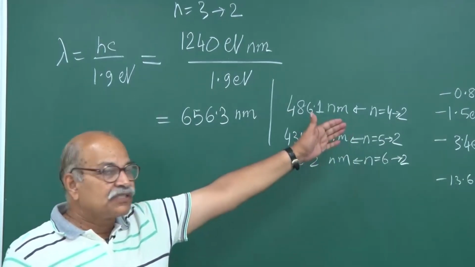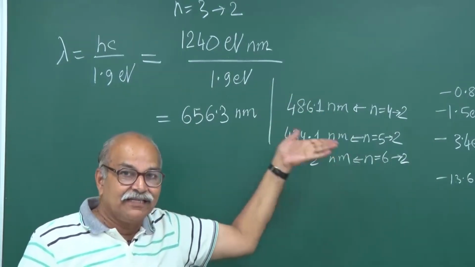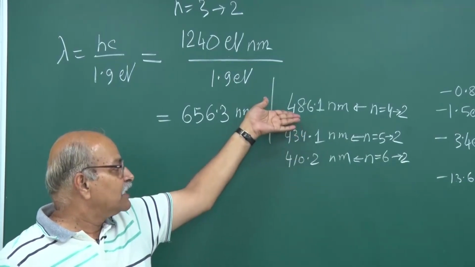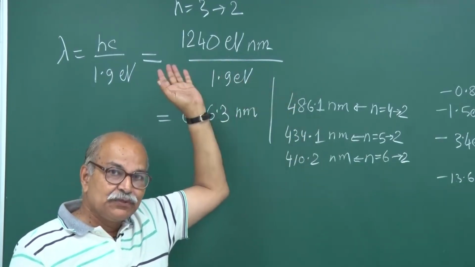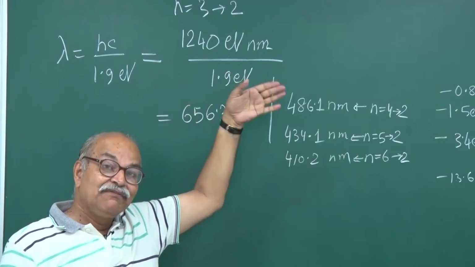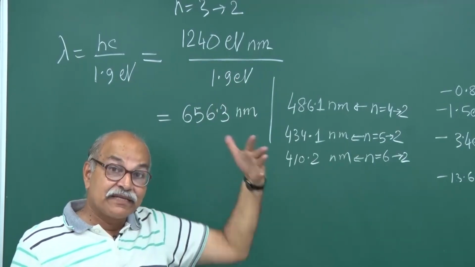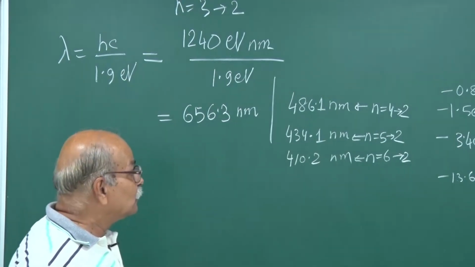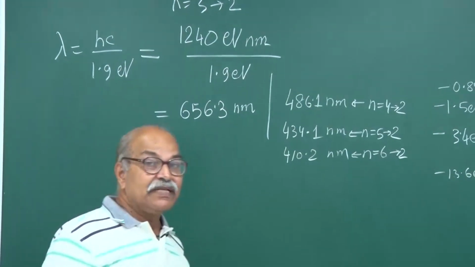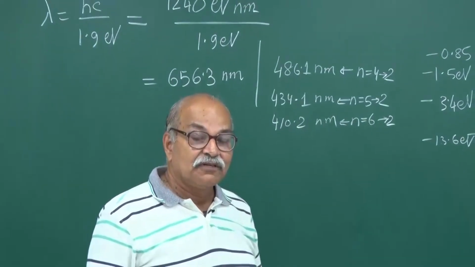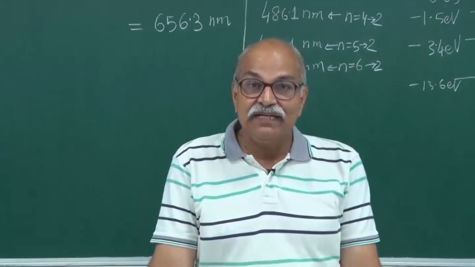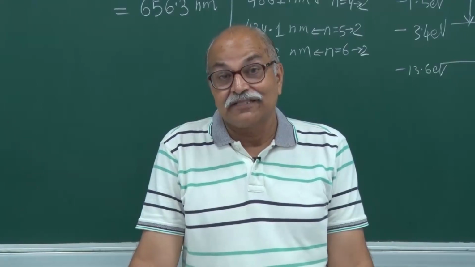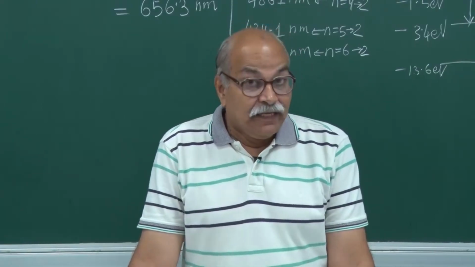So transitions ending at n equal to 2, originating from n equal to 3, 4, 5, 6 give you all those 4 wavelengths which were experimentally seen long ago. So that is how it works. So it is very successful in terms of explaining these wavelengths, and it introduced so many quantum ideas. Okay. But then